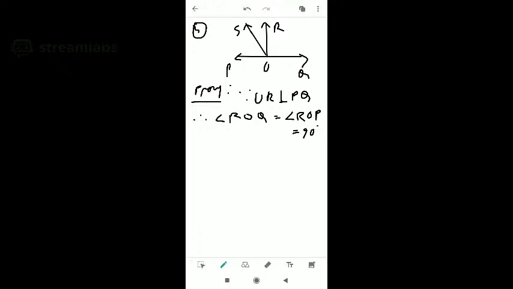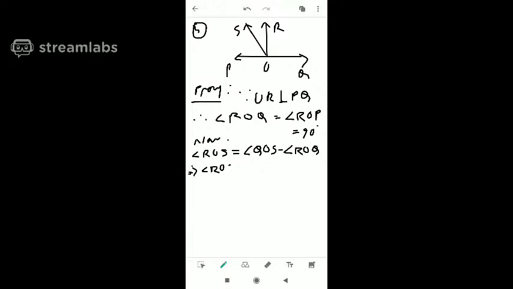Now we are going to find out ROS. Angle ROS means we can write QOS minus ROQ. You can see in the diagram, QOS minus ROQ we can write. So implies angle ROS is equal to